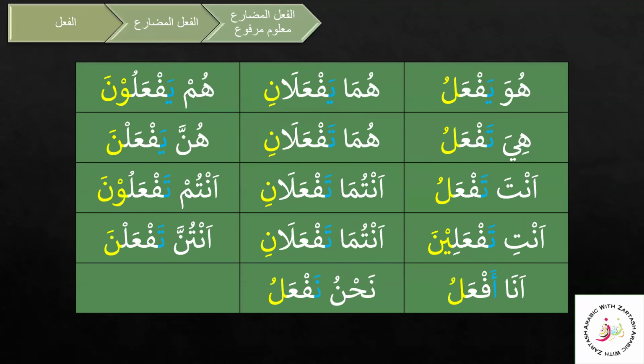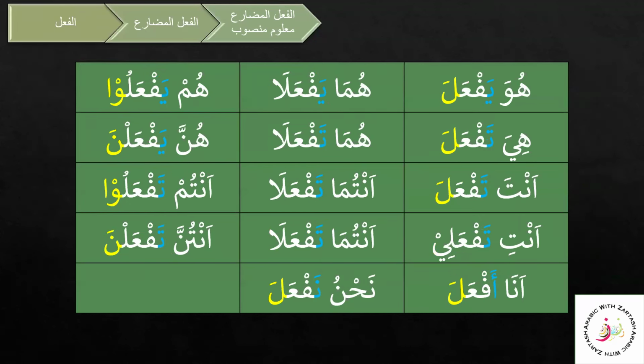Alhamdulillah. And here again, this is the marfu chart. This is mansoob. Again, you know that we will see dhamma changing into fatha for huwa, hiya, anta, ana, and nahnu. For the afal al khamsa, there is dropping of the noon. Here you do not see any noon. For the hunna and antunna versions, they will remain the same. The women's forms are not going to change: hunna yafalna, antunna tafalna, for mansoob.